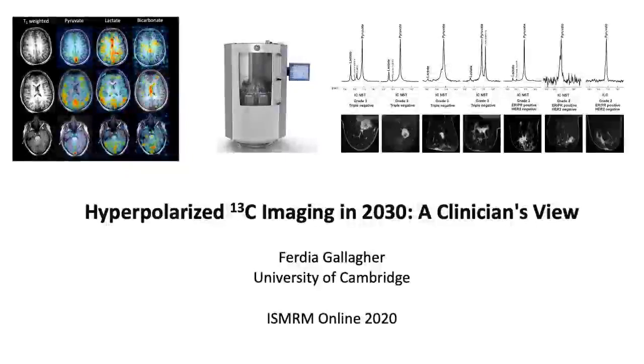My name is Ferdia Gallagher. I am an academic radiologist from the University of Cambridge, and I'm talking today about hyperpolarized carbon-13 imaging in 2030,